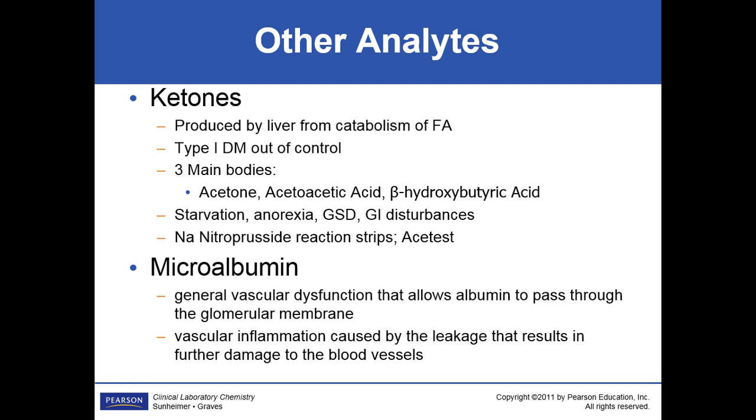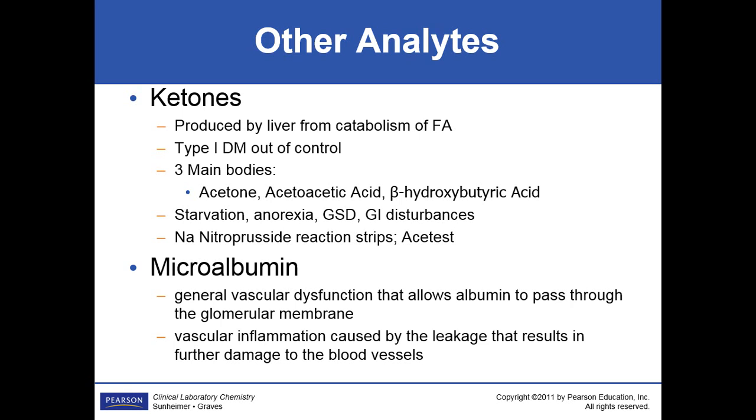But before you get really bad, you start having just enough damage to your cells that little bits of it will cross. Hence the word micro, not meaning that it's super small, but a very small amount of albumin will cross into the urine that we don't detect in our urinalysis method. It's just a little bit, but it's enough to be significant. And over studies, they found out that if we could measure just that little bit, then we could catch these people that are in the process of beginning and intervene to either delay or hopefully improve so they won't end up in renal stage,